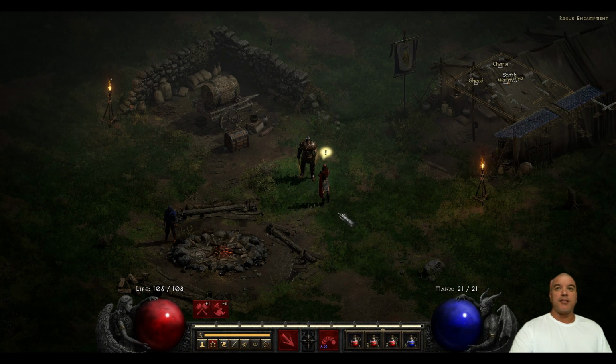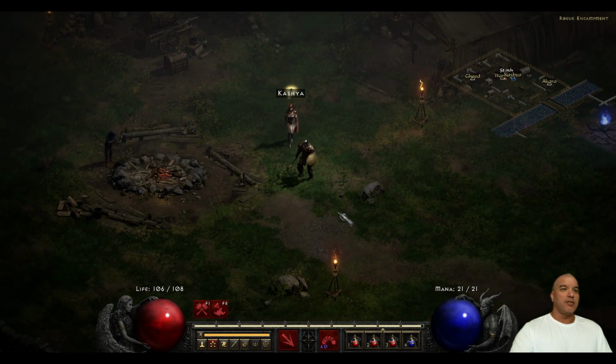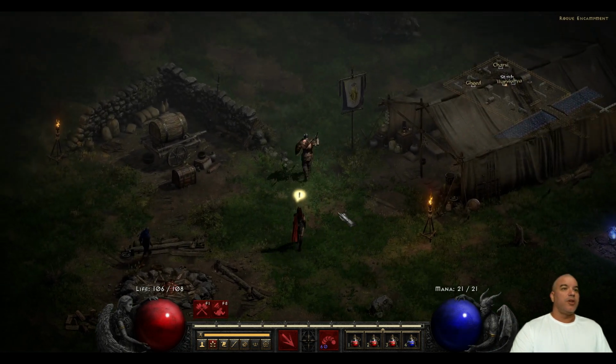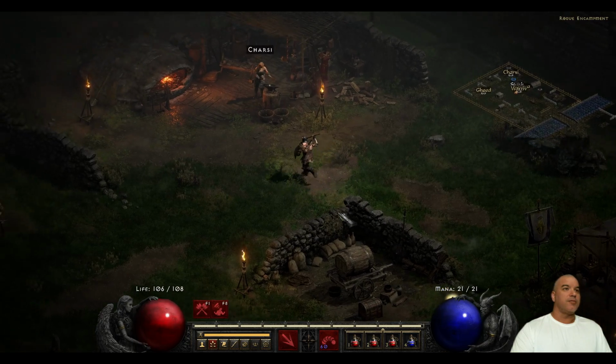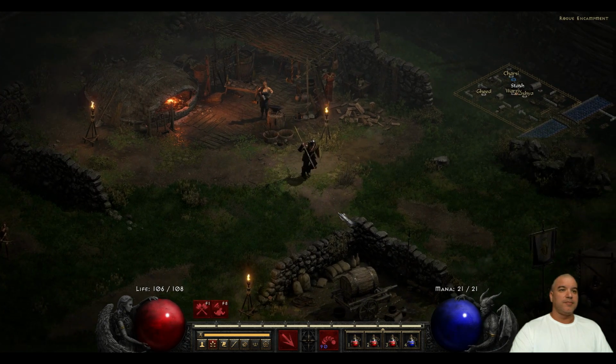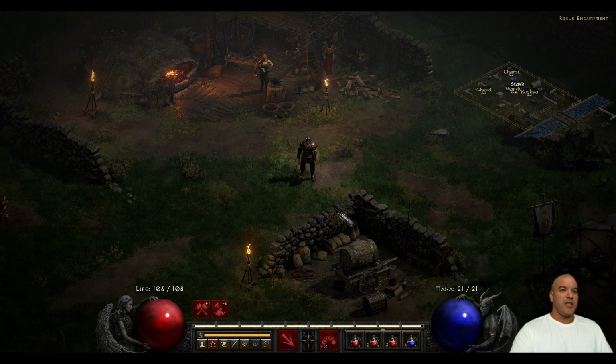This is one of those things I've been working on for a while. See, this Lady Kasha here wants to tell me about Quest 2, the Sisters' Burial Grounds. Good to see you. But I'm not at all interested in the Sisters' Burial Grounds. I've been working on this Double Throw Barbarian, and just because